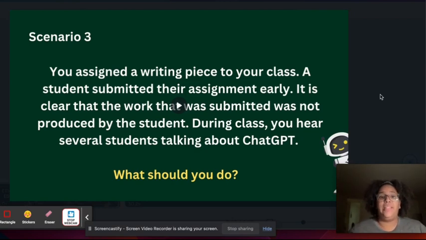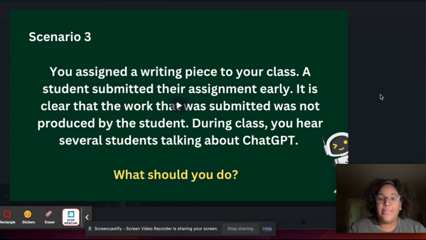use Chat GPT and they explained what Chat GPT was to their peers, and now their peers are talking about it. As a teacher, it is your job to explain to the students what Chat GPT is and explain to them that if they're taking the work that Chat GPT is producing and saying that it's theirs, that is a violation of several things, and they can get expelled from school for that because that is called plagiarism.